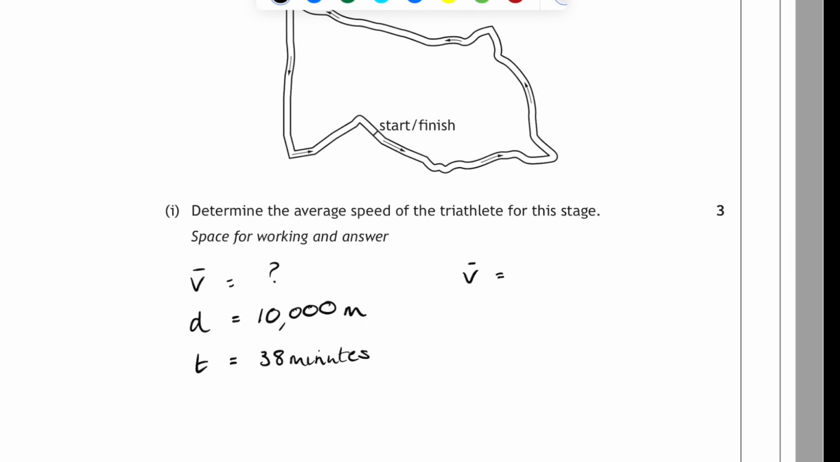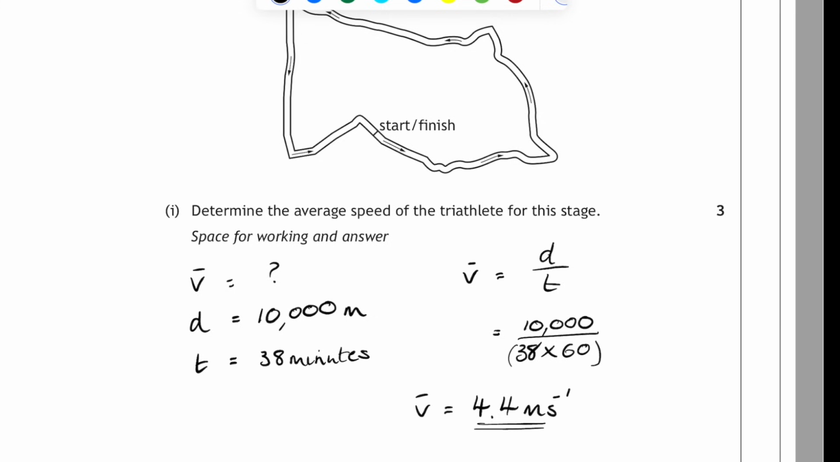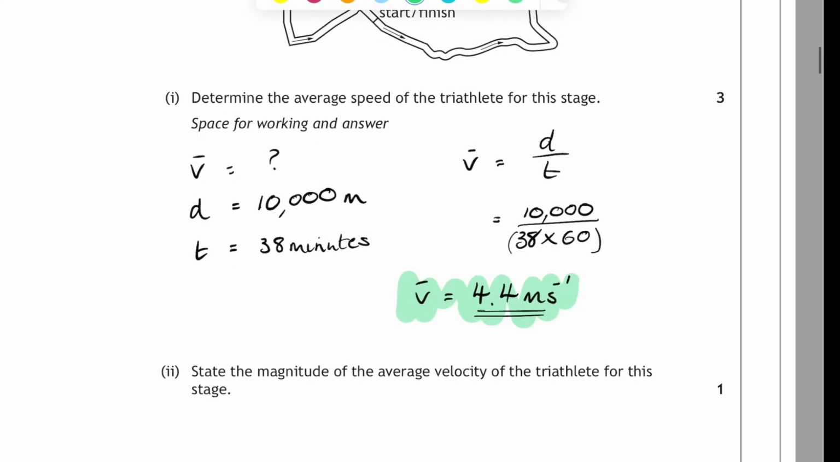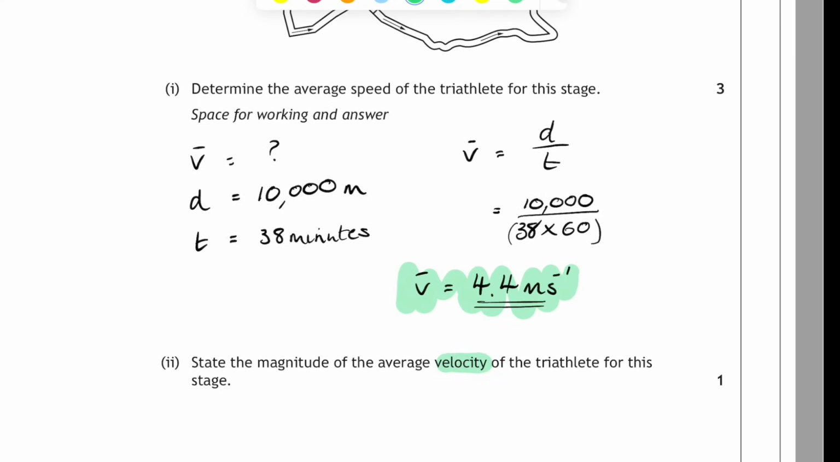So again, you're having to convert that into seconds. So average speed is distance over time, and that'll be 10,000 divided by 38 times 60. And that gives us our average speed of 4.4 metres per second. So watch out in determine questions that there's always a little bit extra you need to do when you're substituting your numbers in. And then question 2, part C, part 2, state the magnitude of the average velocity of the